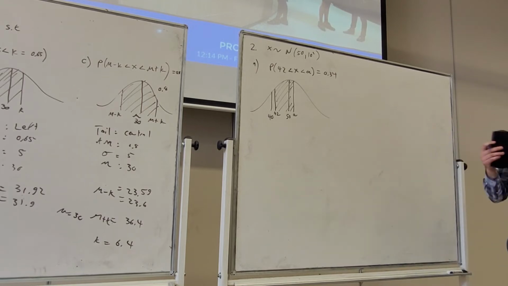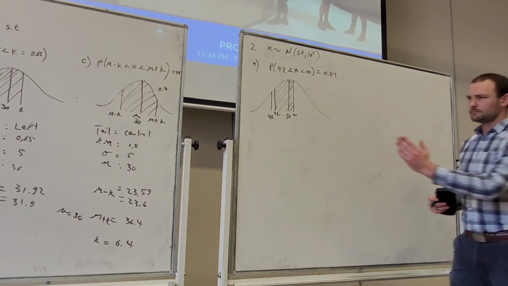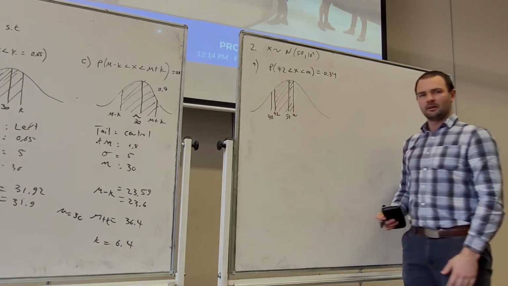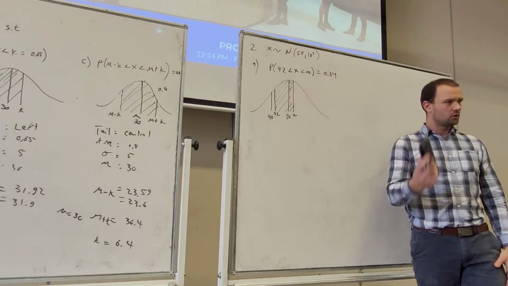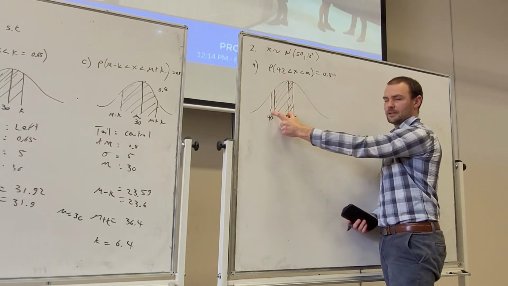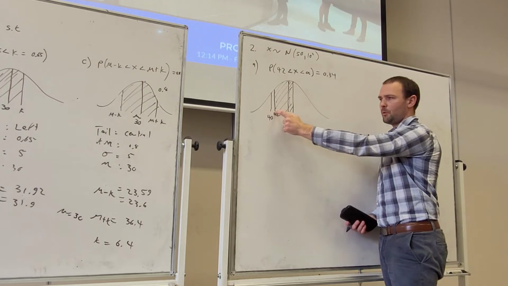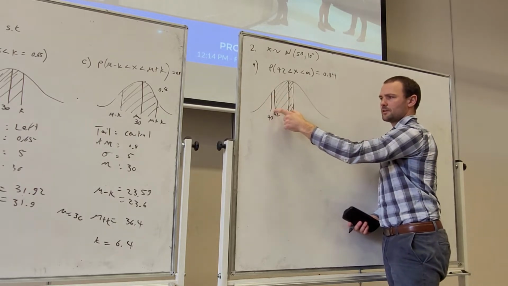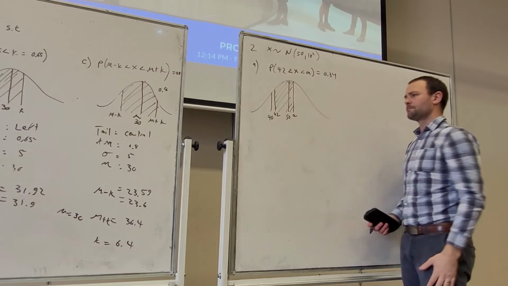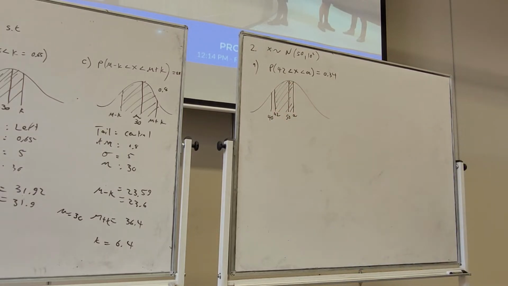So I'll just explain why I've sketched it the way I have. Here's the mean. 40 would be one standard deviation below the mean. Now we know from the normal distribution that 34% of the data occurs between 40 and 50. Now this point is further to the right, so that means A has to be further to the right as well for it to have 34% of the data. Now, the way we're going to calculate this one